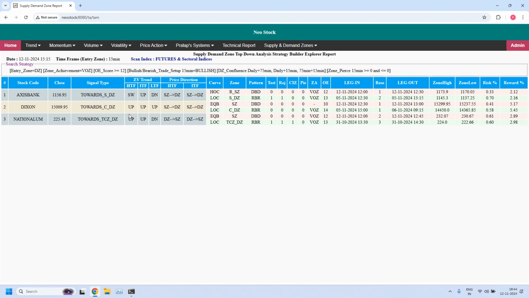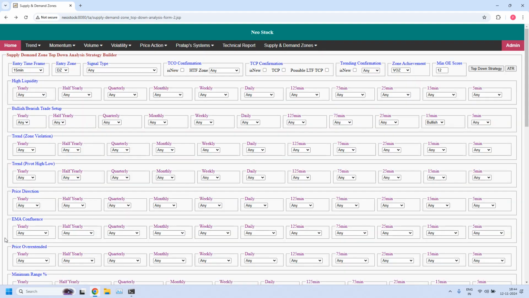If any of these 2 stocks are having, because they are part of the weekly zone, 75 is part of daily, 75 and daily together part of the weekly zone, and the weekly trend is up, second and third stocks. If those weekly zones are having weekly EMA confluence, those stocks could be even more high probability setup supported stocks. Let's verify. In the EMA confluence, weekly time frame, weekly demand zone with weekly EMA confluence,